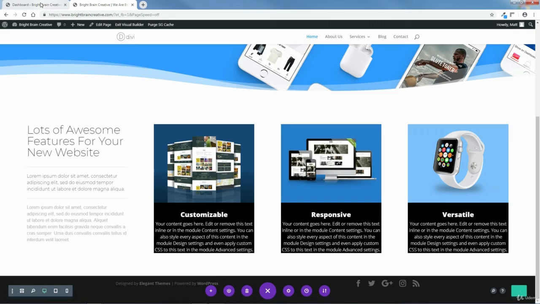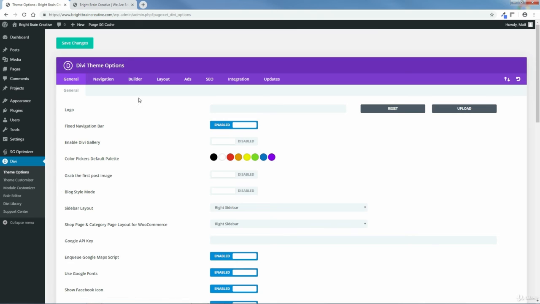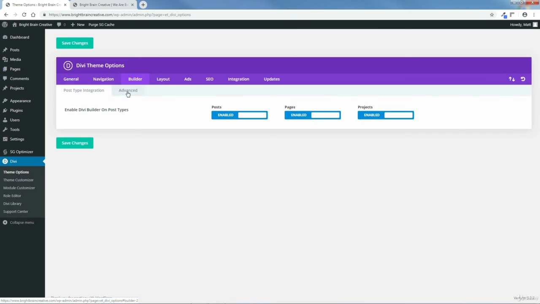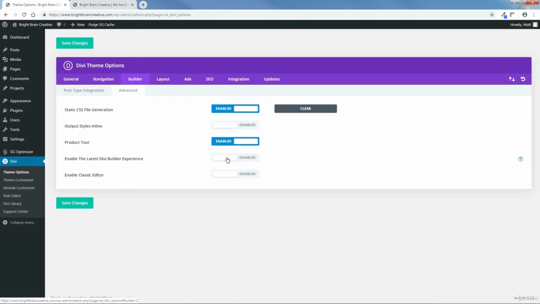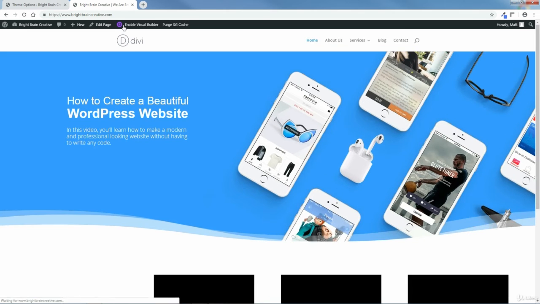I'm going to come up here to the dashboard, go down to Divi, click Theme Options, and this is your Divi theme options. We'll come up here to Builder, click Advanced, click Enable the latest builder experience, and click Enable Classic Editor. Save changes. You'll see the check mark. Come back to the front page, click Exit Visual Builder, click Edit Page,